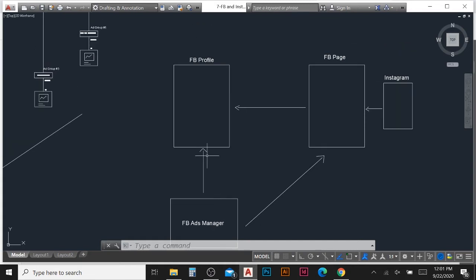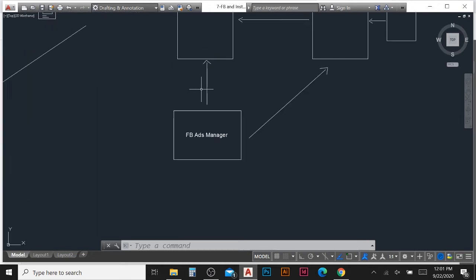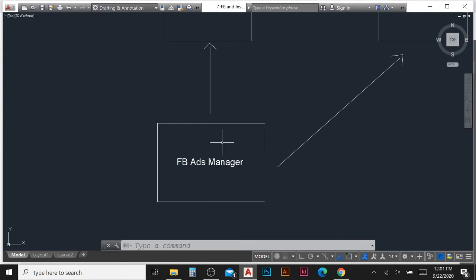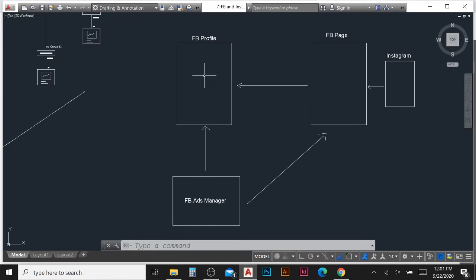Now everyone knows the Facebook profile. We use a Facebook profile for personal use, and with that Facebook profile, there is already an Ads Manager. Each profile that we are using already has a Facebook Ads Manager tool for advertising, and this Ads Manager is connected with the profile, and from the profile we can create a business page also.